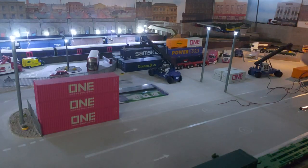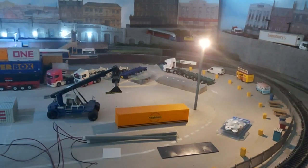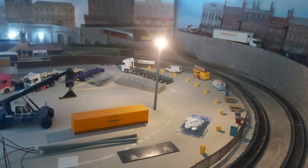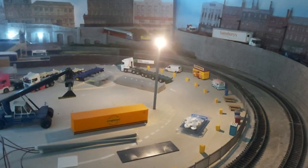And there's a more kind of, and that's what I'm going for now. So I'm going to just take you over there. So this is the new arrangement. So this is the new light here. And you can see how much brighter it seems to illuminate the whole area there, compared